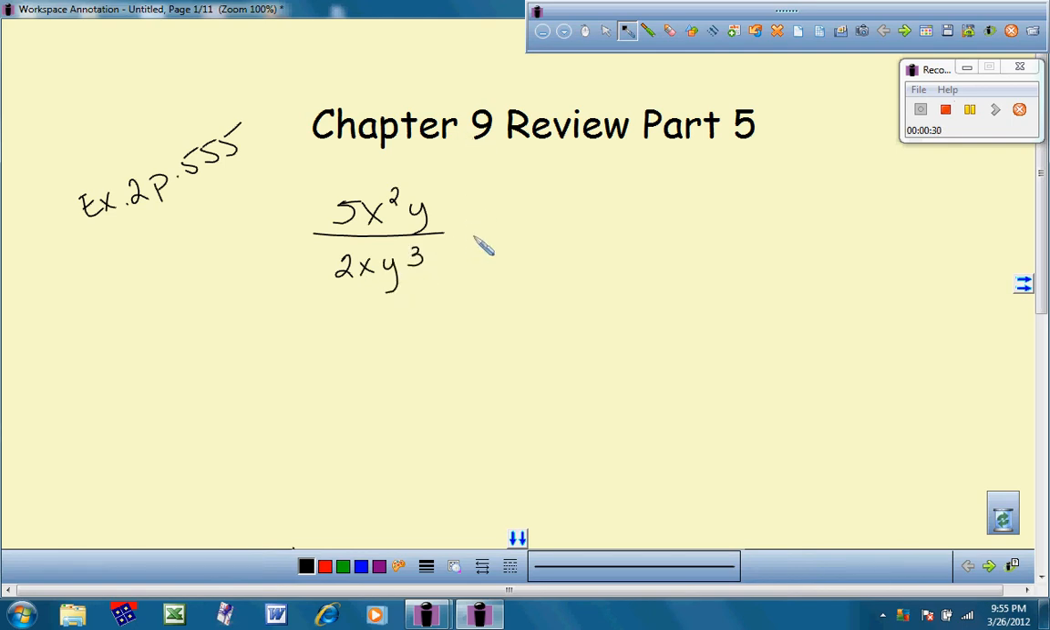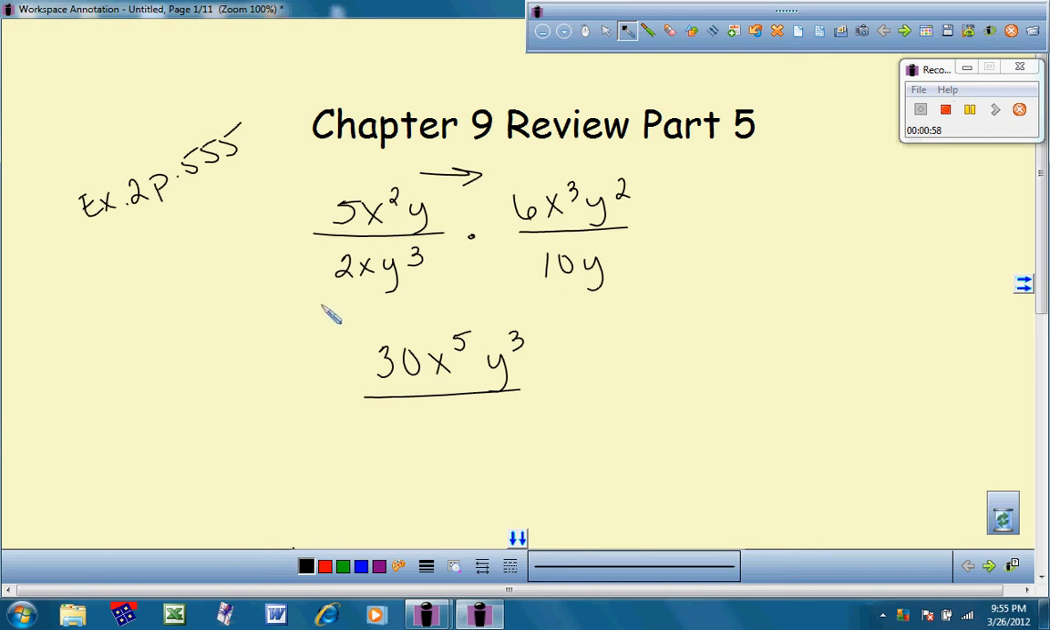Multiply that to 6x cubed y squared over 10y. Okay, multiply straight across. 5 times 6 is 30. X squared times x cubed is x to the 5th. Y times y squared is y cubed. Denominator, 2 times 10 is 20. X times no x over here, so we just leave x, and y cubed times y is y to the